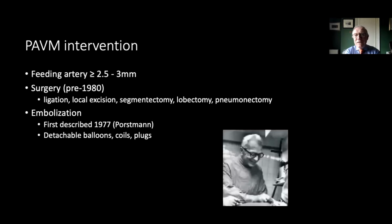Now, how do we deal with pulmonary AVMs that we identify that are of significant size? Well, if the feeding artery is greater than about 2.5 to 3 millimeters in diameter, it's been shown that it is worthwhile to try and embolize them, block them off, so that they go away essentially, and the risk of embolization is removed. Before 1980, this involved surgery, removing bits of your lung. And obviously that could only be done once, twice, or a very small number of times,